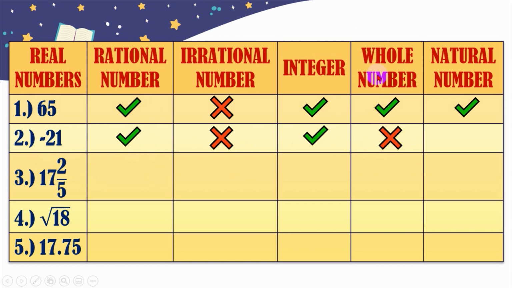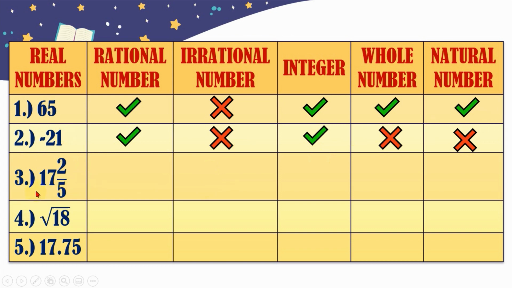Sabi natin kanina, a while ago, lahat ng whole numbers ay positive. Pero hindi, may isa kang number doon sa whole number mo na hindi siya positive, hindi rin siya negative. Anong number yon? Yung zero. Then we have the, is this a natural number? Of course, no. Kasi nga, hindi siya whole number. Negative siya. So, hindi siya magiging natural. Diba? When we say counting numbers 1, 2, 3, so on and so forth, or natural.